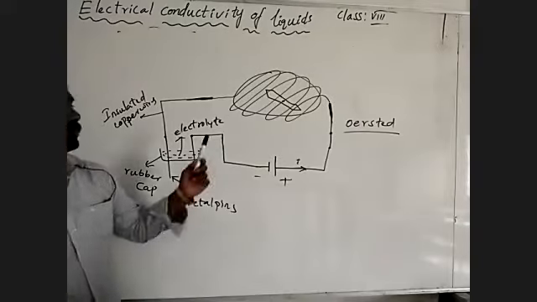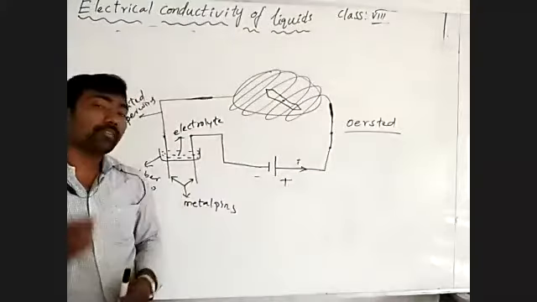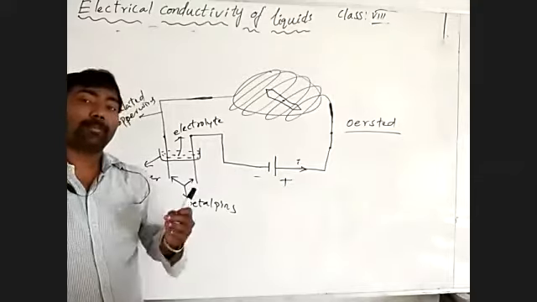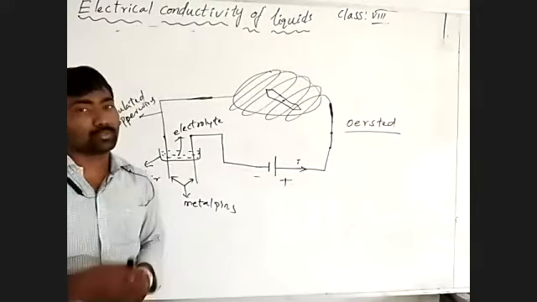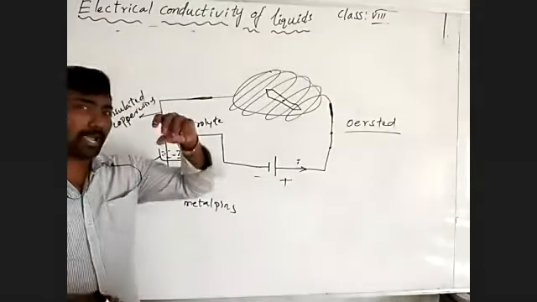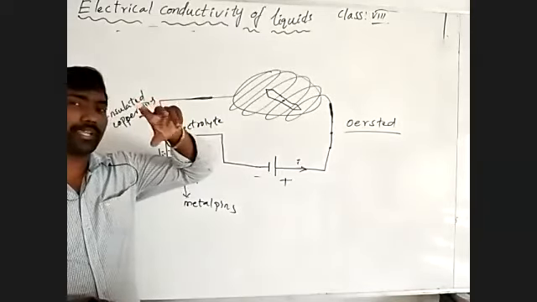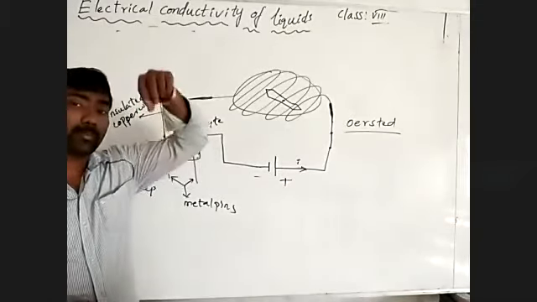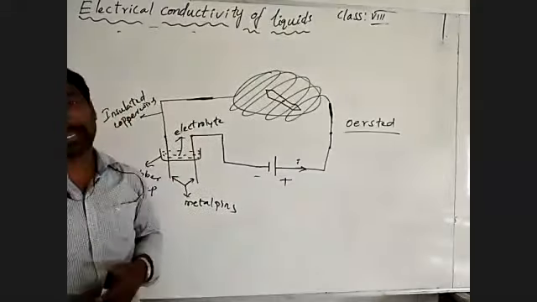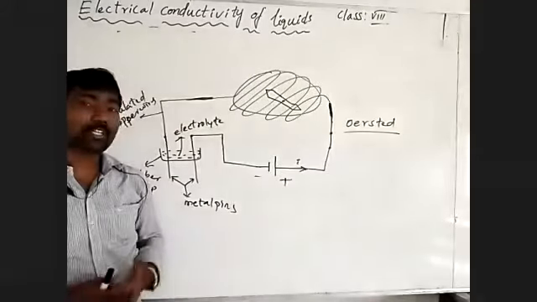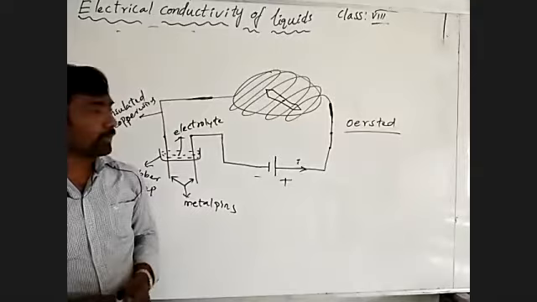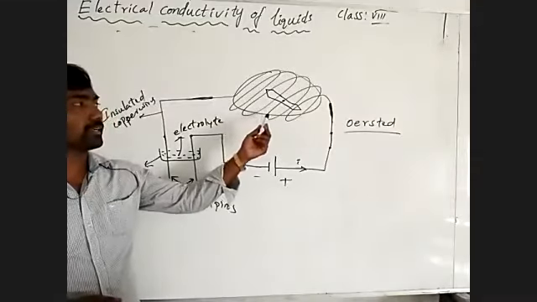Because I'm saying to you, the magnetic needle will show deflection when a magnet is brought near it. Does the magnetic needle show rotation or vibration when the magnet is brought near the magnetic compass? Otherwise, it never shows deflection. Is it or not? By placing it in an electric current, what happens?